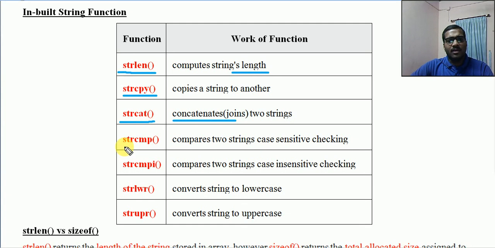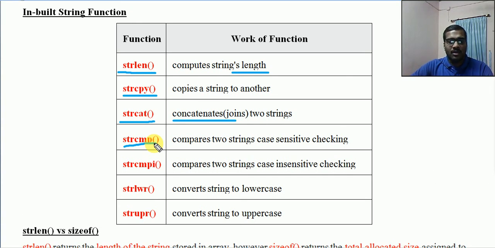Now we have strcmp. If we want to compare two different strings, whether they are equal, and not only equal, we also check for less than and greater than. That depends on the alphabetical order.